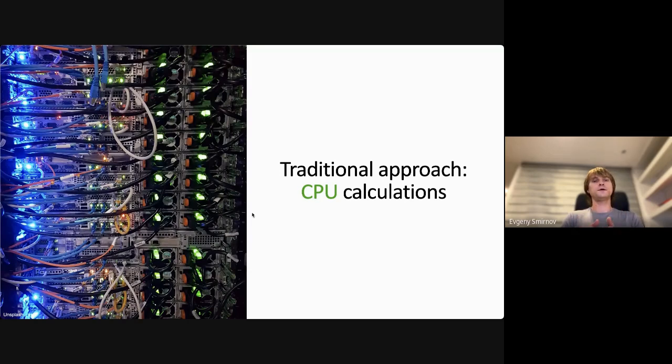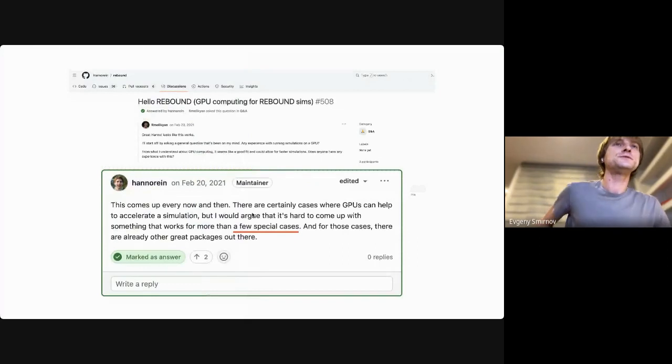Calculations for astronomical problems utilize CPU. Sometimes astronomers are using parallelization and use multiple nodes, but at the end, the bottom line is that it still uses CPU. And for example, if you look carefully at the Rebound package, which some of you might know, Rebound